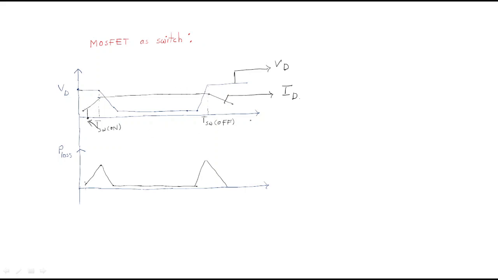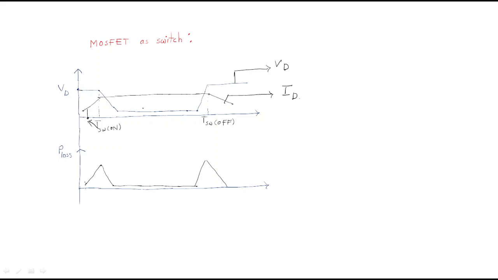Look here, between this VD and ID, the loss slowly increases to this point. After that, the voltage decreases, the current is at a low value and decreases. So the combination of this voltage and current gives us some loss,